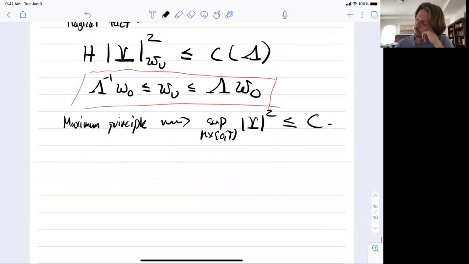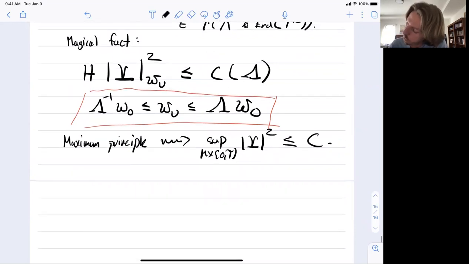You have to worry a little bit about this term to make it actually uniform in time, but the test function you can use is something like